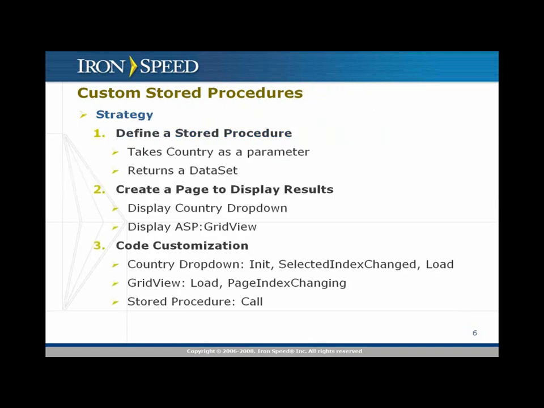Let's talk about our strategy for this customization. The first thing you need to do is define a stored procedure. The stored procedure needs to take country as a parameter and return a data set. The second part of our strategy is to create a page to display the results. We're going to make the layout customizations necessary to display a country drop-down, and then put a standard .NET ASP grid view in order to display the results from the